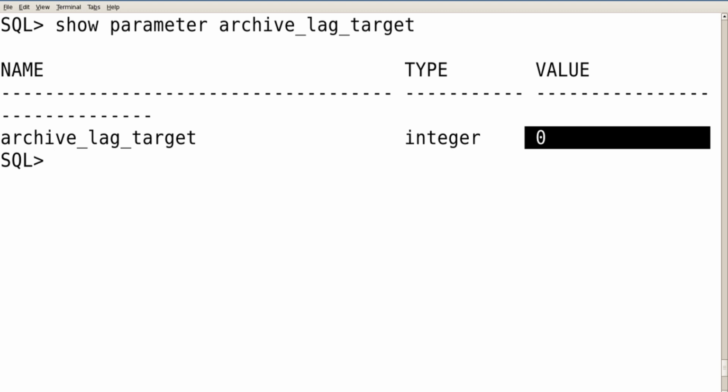Based on that, we can set this value. We'll see how to set this value now, which is time-based log switching. As of now, it is set to 0.